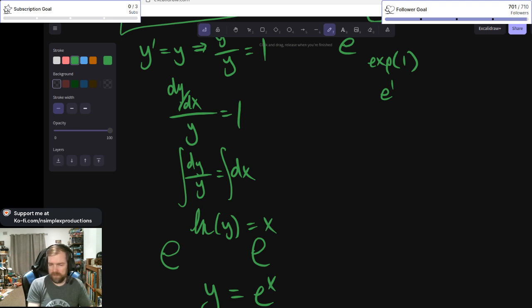Right, or we could use the fundamental theorem of calculus. Natural log of y is going to be equal to